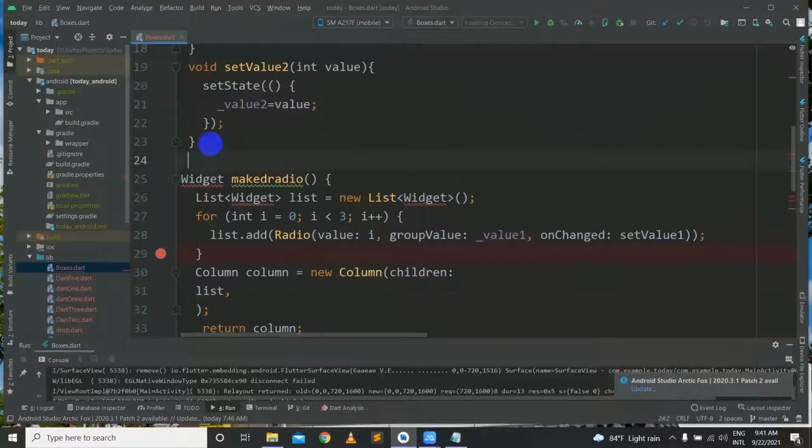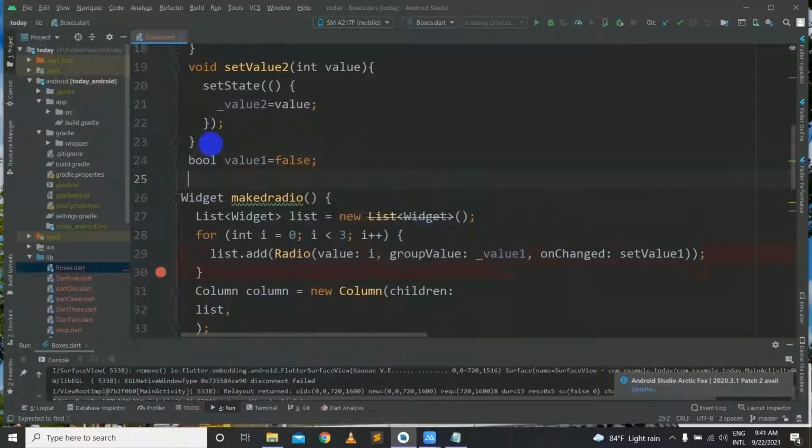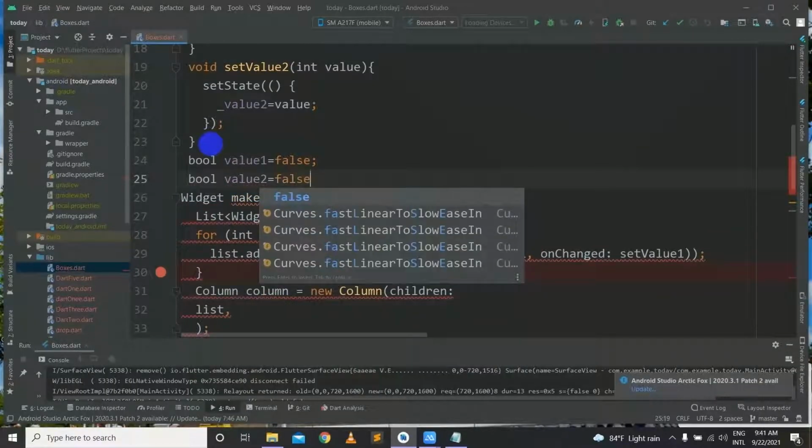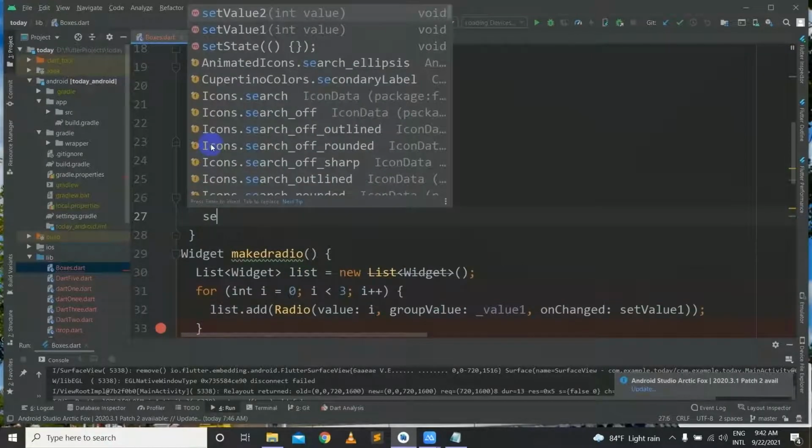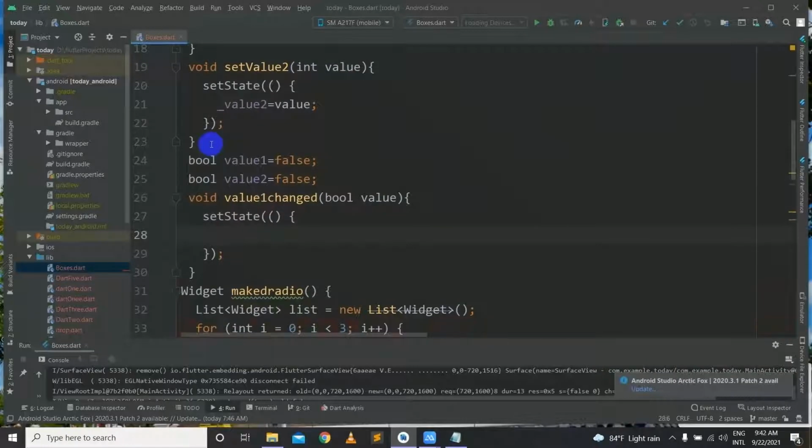Bool value 1 equals false, and we'll have another one, bool value 2 equals false, and we'll have some methods, void value 1 change, and inside we'll have a bool value, and inside this method let's set state, and we'll say value 1 equals to value.